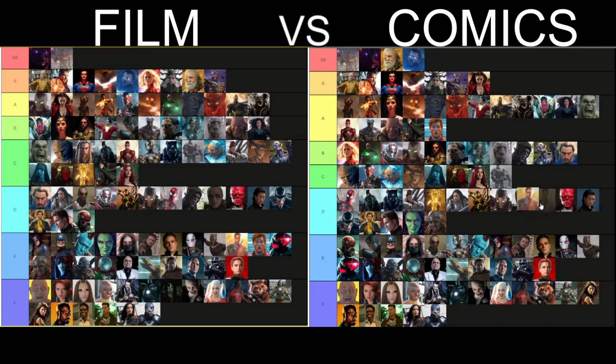This guy should be next to Caecilius, Baron Mordo. He's quite powerful. He's a villain in the comics, a really, really powerful villain, and we might be seeing him as a villain when the next Doctor Strange film comes up. So I can't wait for that. Black Manta is where he should be.